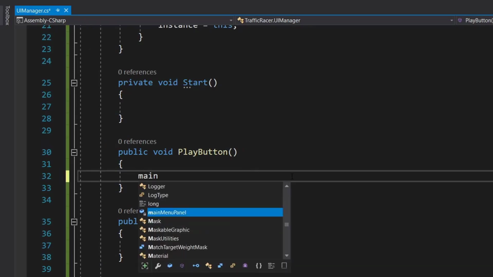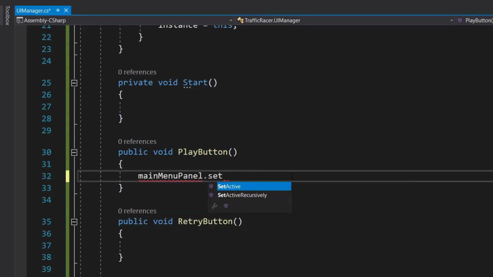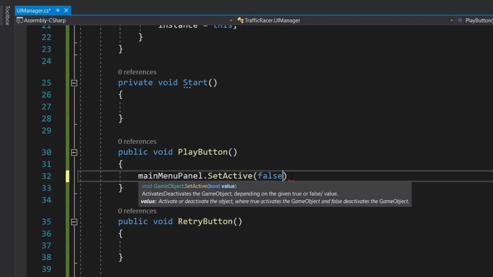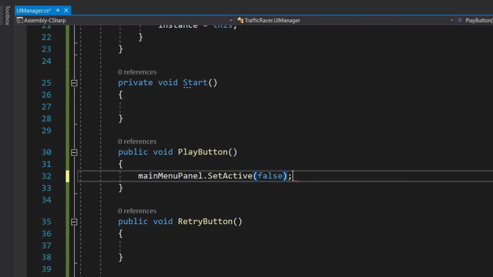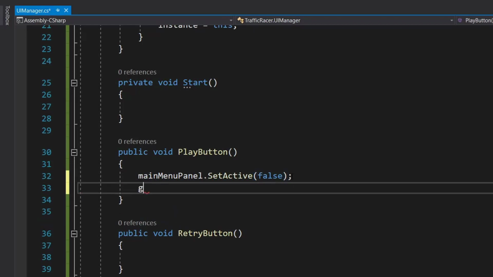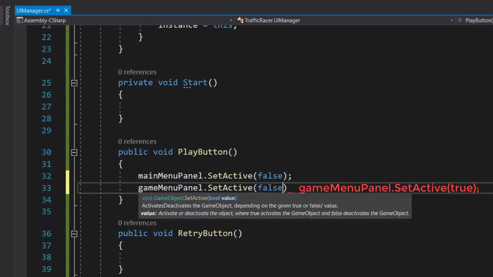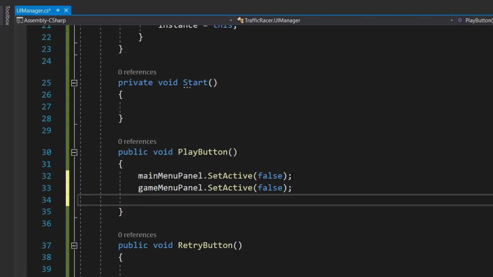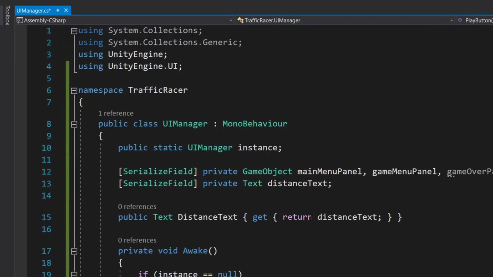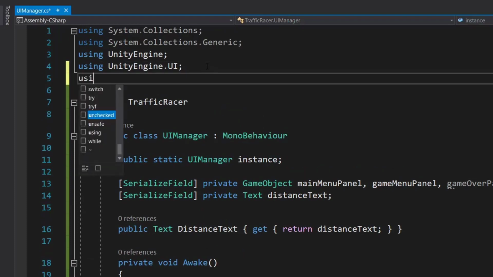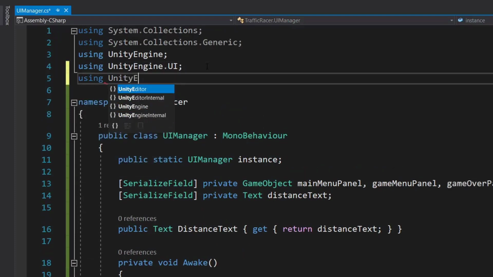In PlayButton we will first deactivate our main menu panel. So mainMenuPanel.SetActive false, and we will activate our game menu panel. So gameMenuPanel.SetActive true. In RetryButton we will be reloading this level. So for that we are going to use using UnityEngine.SceneManagement.